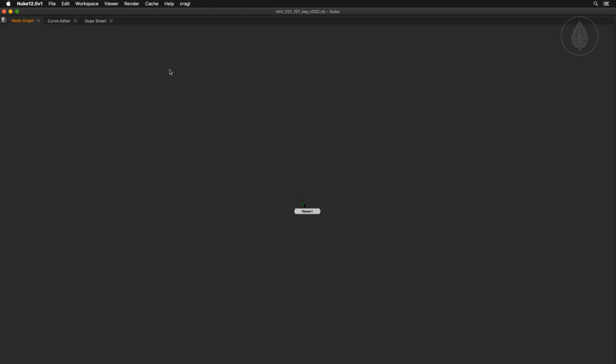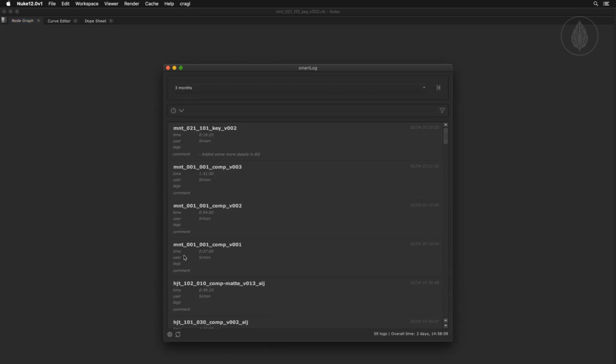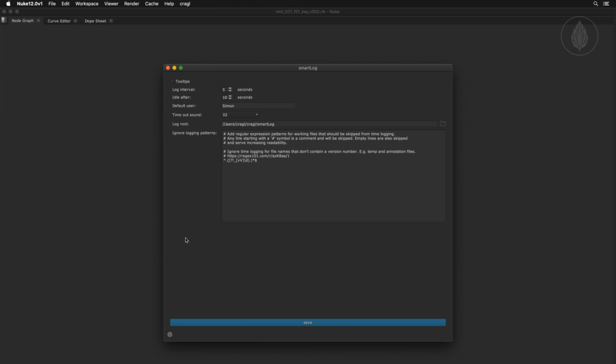For that, open SmartLock and click the Settings button at the bottom left. There are several things to customize here. When this checkbox is checked, then we'll show tooltips for all major widgets. Here you can update the amount of seconds after which a timelog's time gets updated. Here you can adjust the seconds after which a timelogger gets idle if the mouse cursor has not moved in